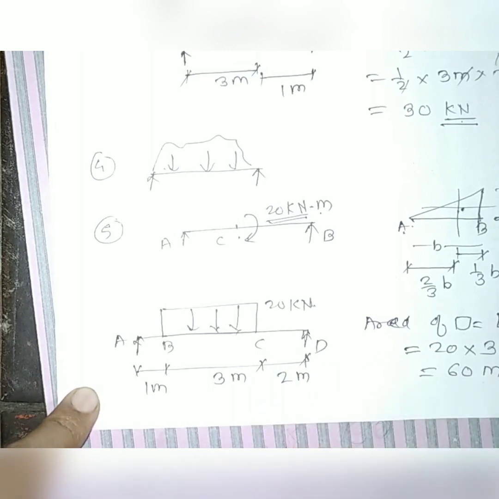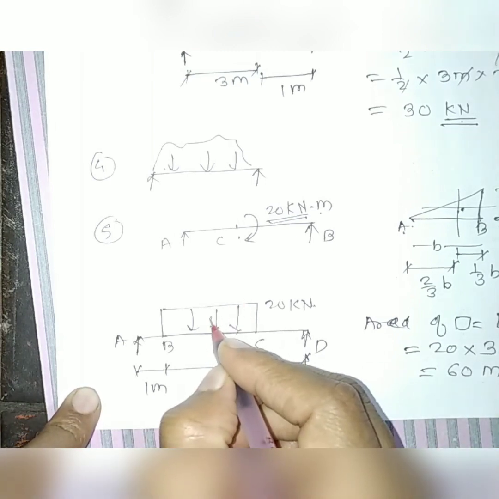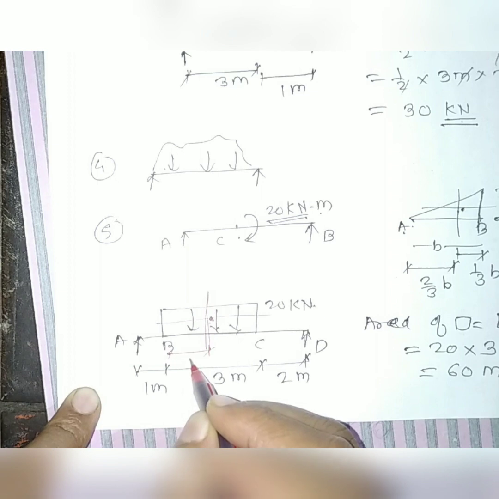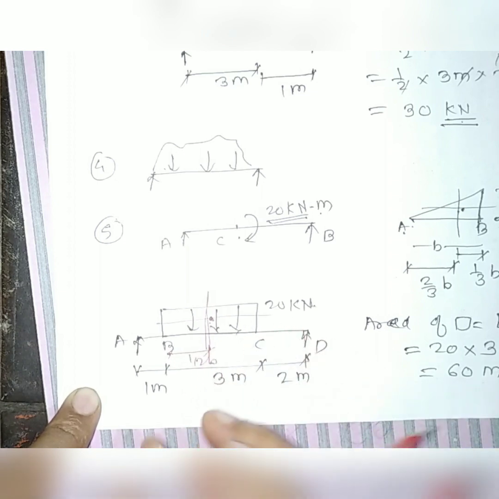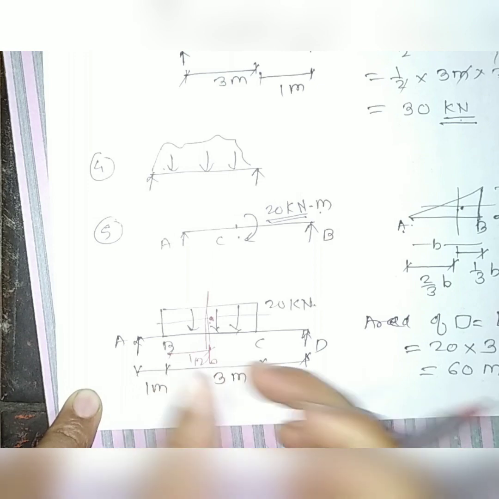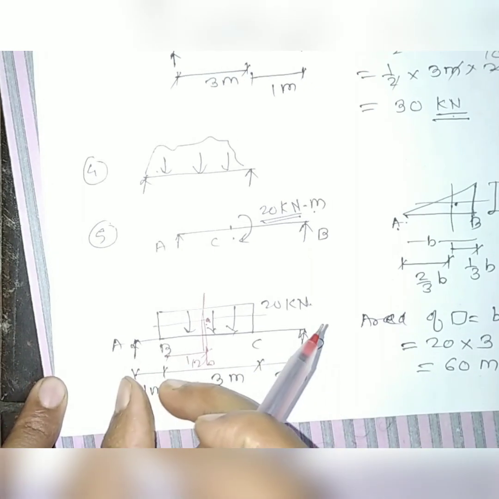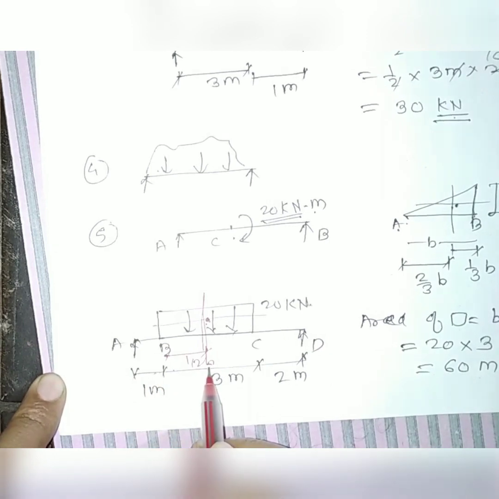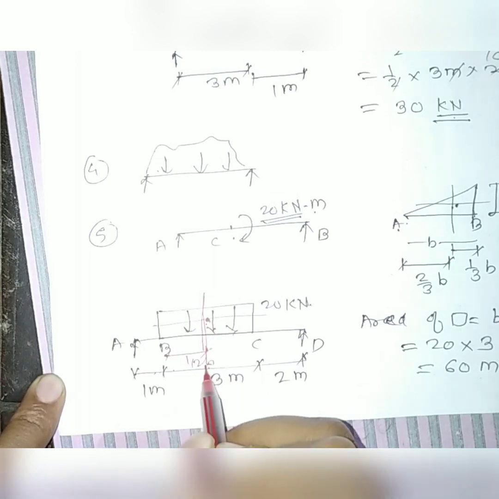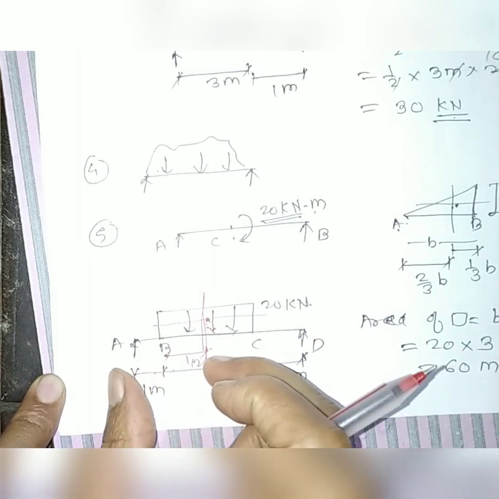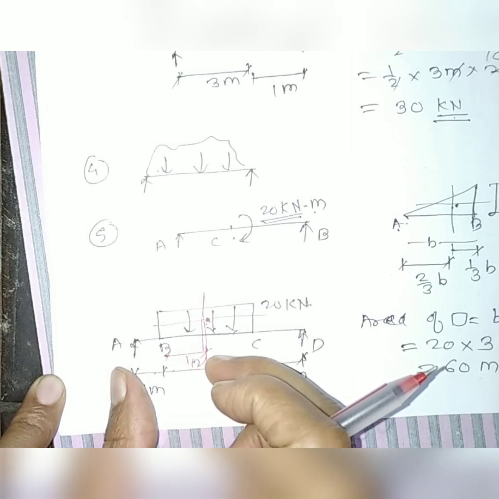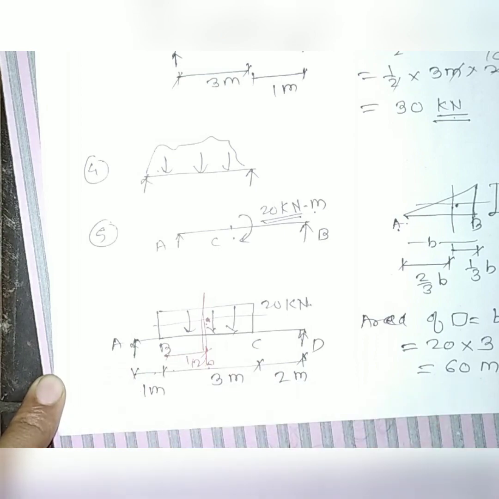Okay, and what is the CG of this particular load? So it is at the center. Okay. So from this particular end, it is half of base. So that's why it is half of 3 meter. But suppose we want with respect to point A, then this distance gets added: 1 meter plus half of 3 meter. In concerned numericals, we'll see where the CG acts and what is the perpendicular distance while calculating the summation of moment. In next lecture we'll see the numericals based on particular beams, how to calculate the support reactions. Thank you.